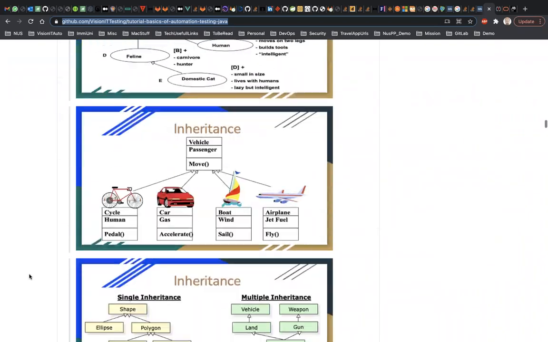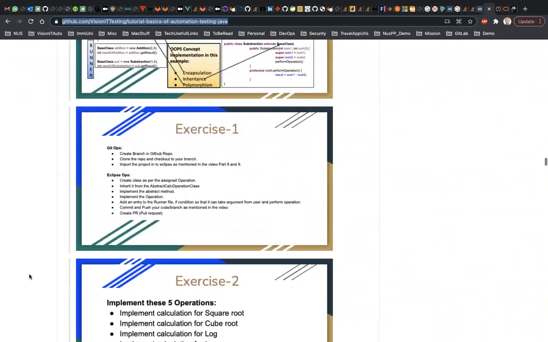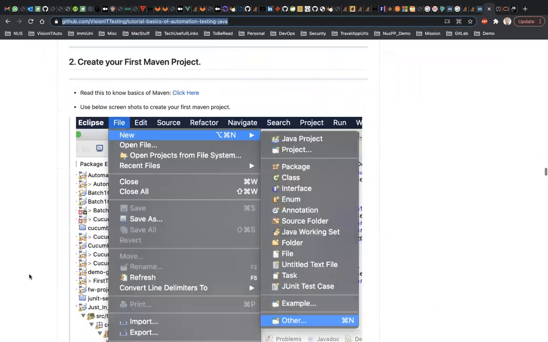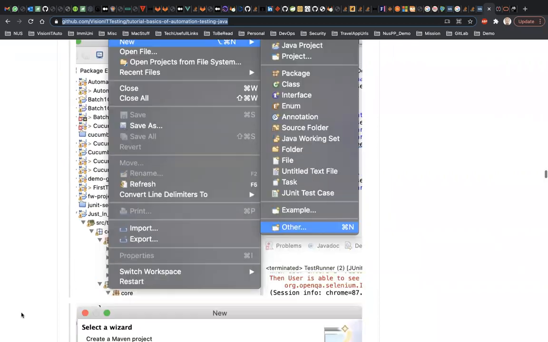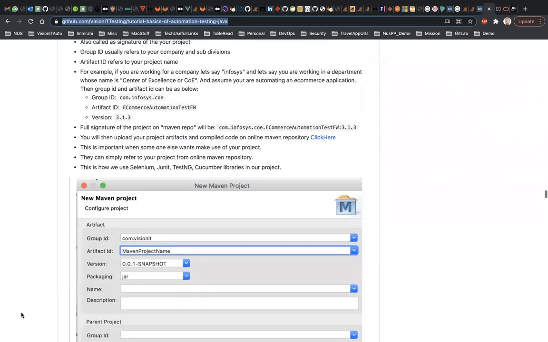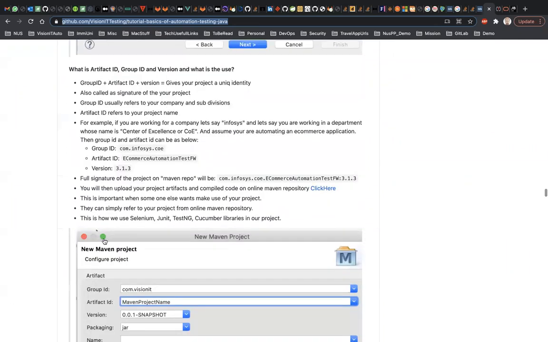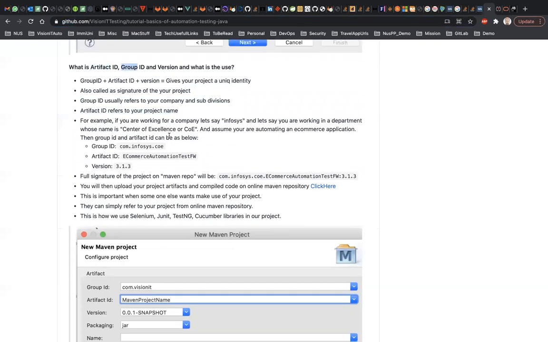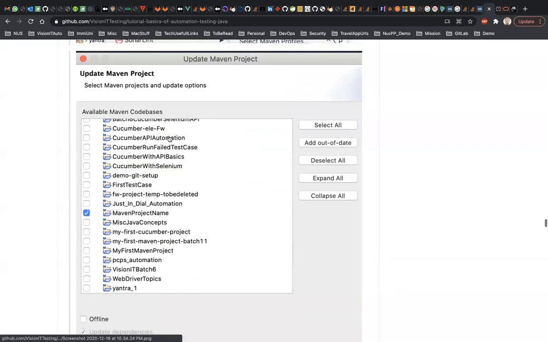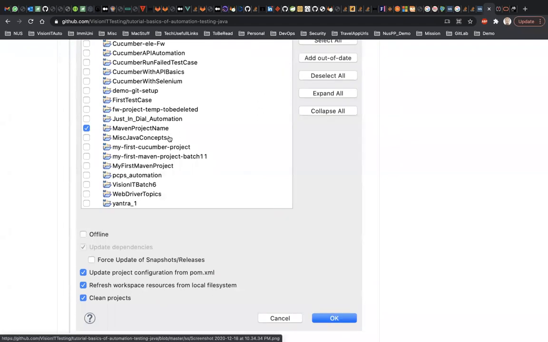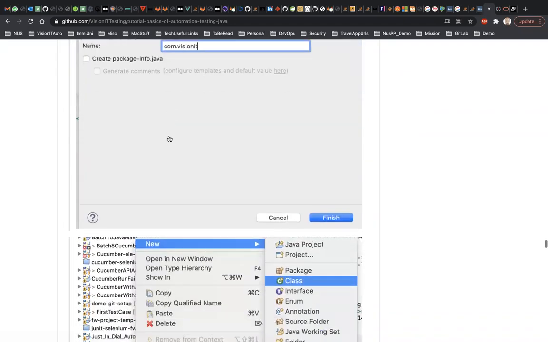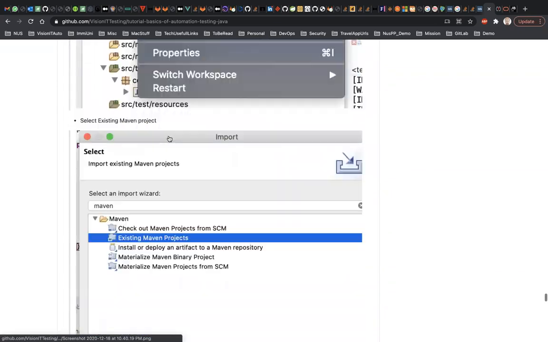So there are some PPTs here, there are some instructions here, also how to create a Maven project in Eclipse. I showed you this in IntelliJ, but I have documented the Eclipse part here. So you can get the step by step process of how to create a new Maven project. I have also provided some details, like what to put for artifact ID and group ID. If you're using IntelliJ, this video is recorded and you can follow the steps; otherwise you can go here and do it step by step.